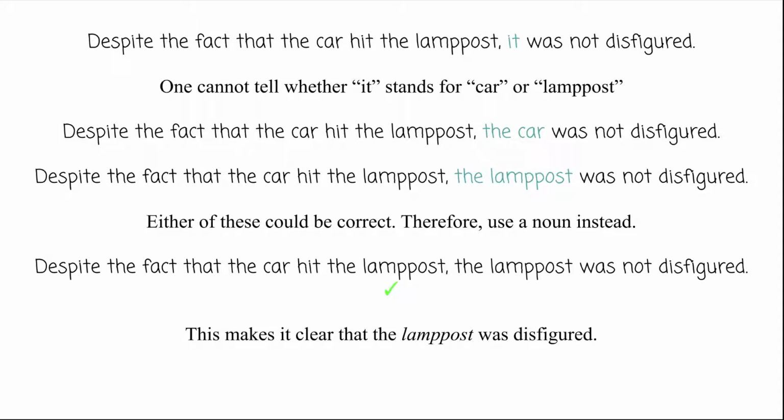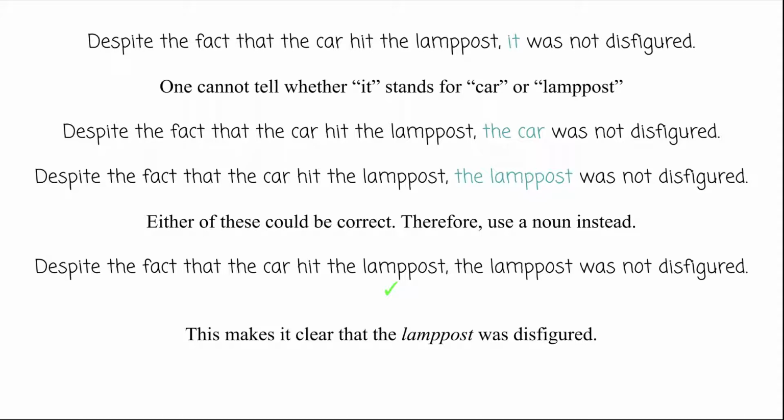Here's an example of what Jenna was talking about with this sentence. Despite the fact that the car hit the lamppost, it was not disfigured. We're not sure if "it" is referring to the car or the lamppost, because both make sense in that context. Despite the fact that the car hit the lamppost, the car was not disfigured, or the lamppost was not disfigured. It could be either one, so we just need to choose one specific noun